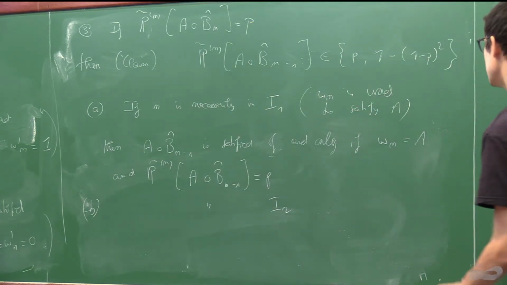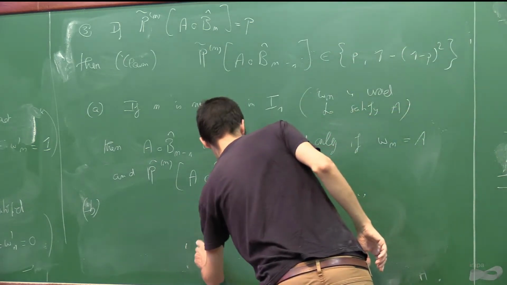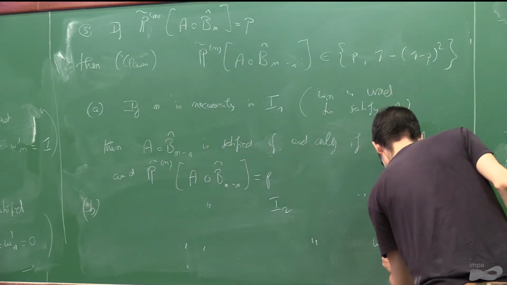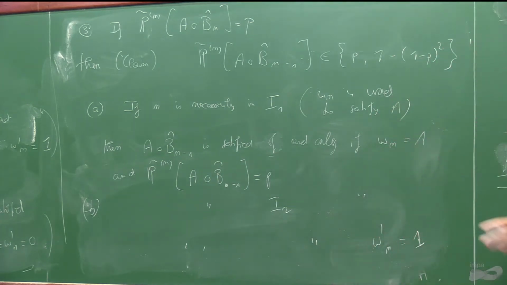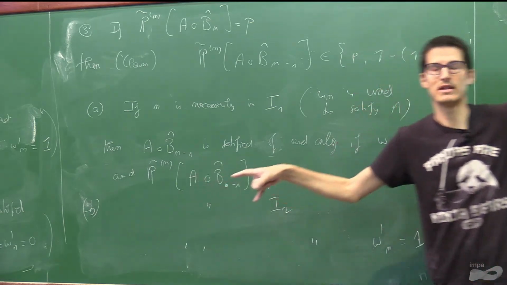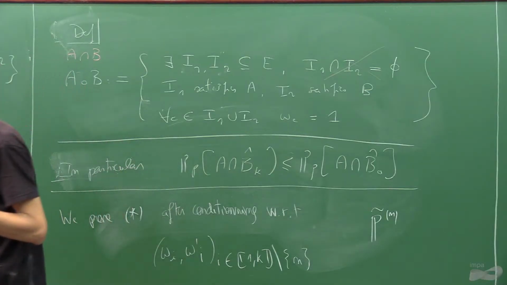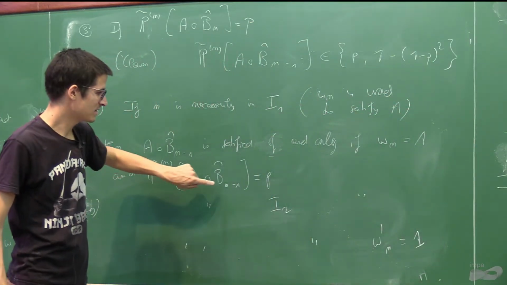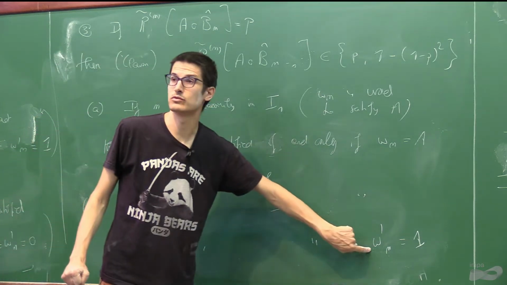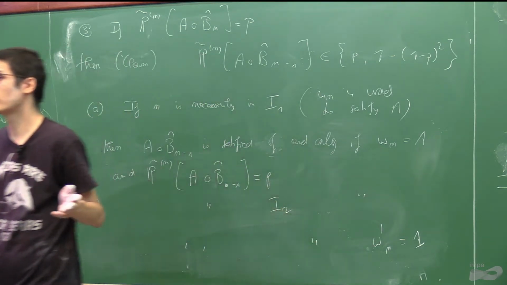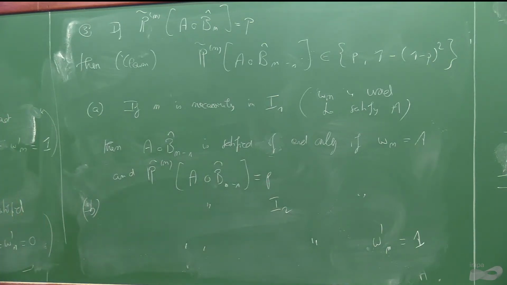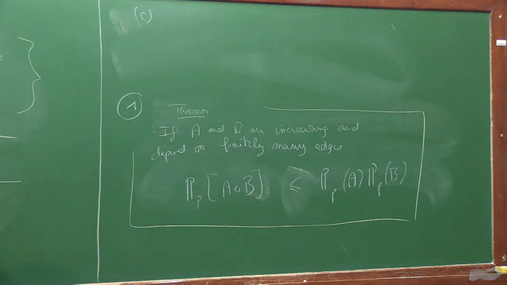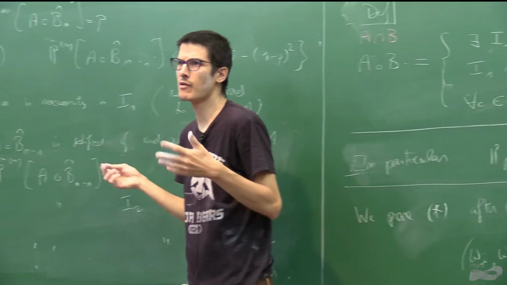And in that case, you can satisfy this event using exactly the same I1 and I2, but because you need the edge with index n for this event, this is the one that you should open. But this also has probability P. And the third possibility is that amongst all the choices of I1, I2, there is one for which n is in I1 and another one for which n is in I2.